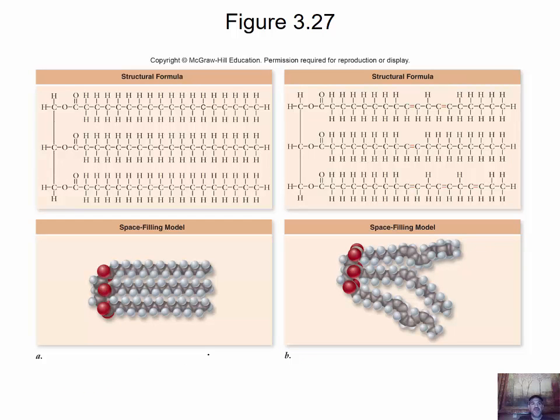So here we have 2 different types of triglycerides, and right here is what was mentioned earlier. This is our glycerol portion. Right here, it started out like this. Glycerol molecule is an alcohol, and the reason it's an alcohol, it looks like a hydrocarbon chain, but the reason it's an alcohol is instead of a hydrogen here, we have hydroxyl groups. So this is the normal glycerol,